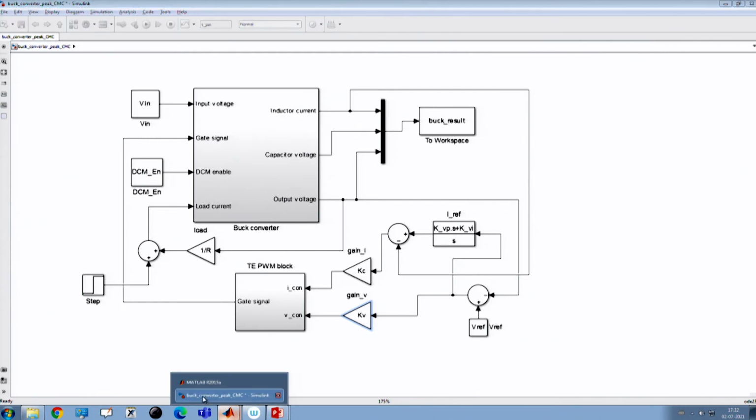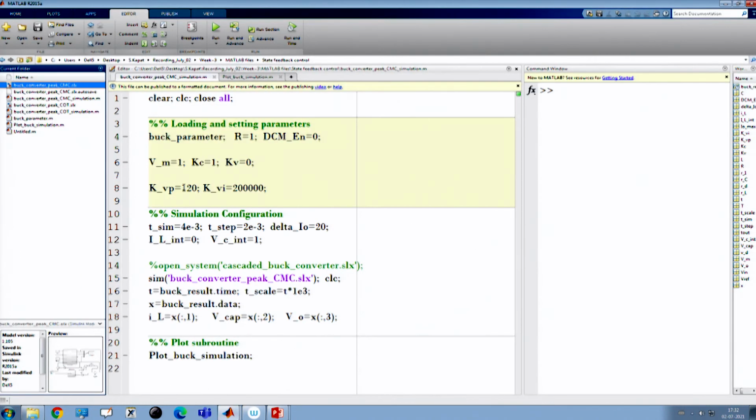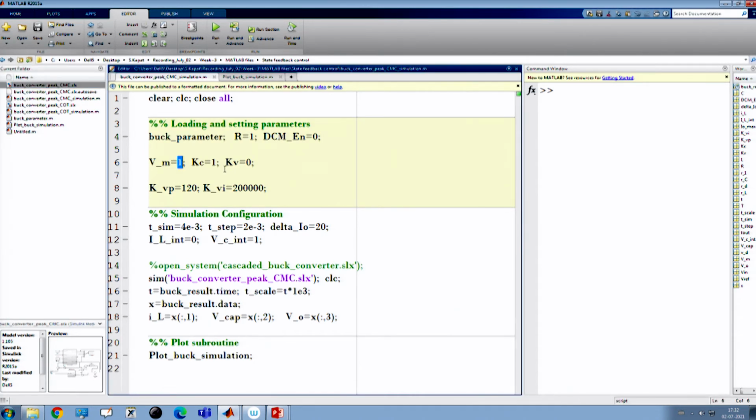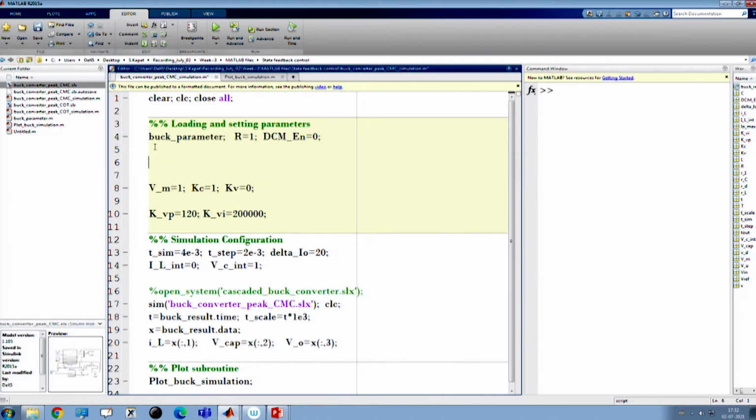So, let us go back and check the same parameters. Initially I am taking a very small ramp, my Kc is 1, Kv I can set to Kp, that means I want to set a proportional gain. Let us first fix our proportional gain. My Kp equal to, let us say, 120, and my Ki equal to something like this.